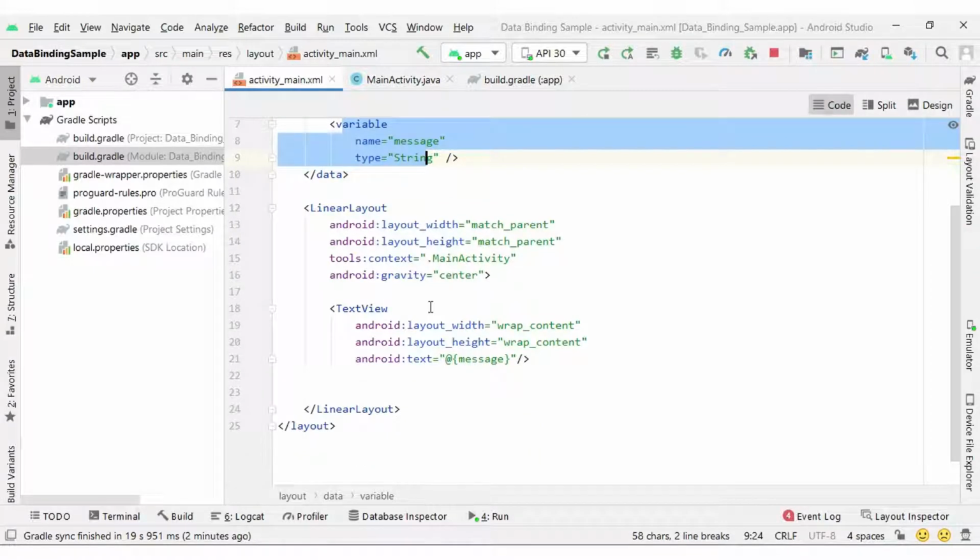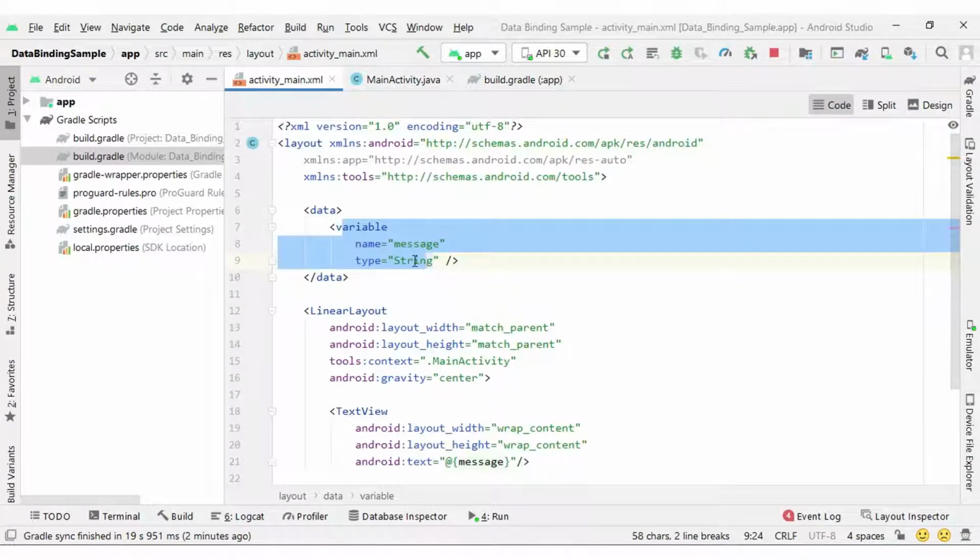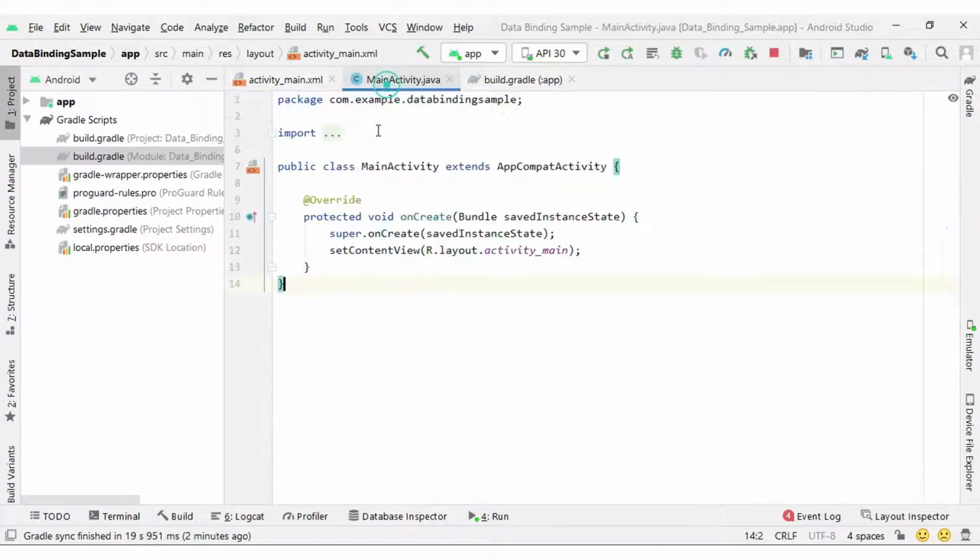Next, how can we set the value in the variable from the Java file? Inside our activity file, what is the first step? You will get the DataBindingUtil class, and the DataBindingUtil class will help you to set the variable.